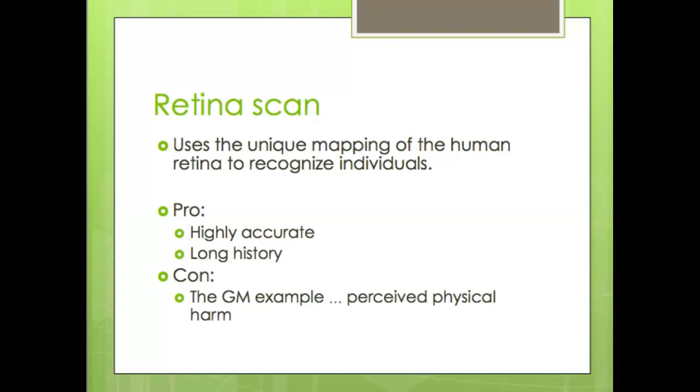Think about it, your eyes are a very sensitive thing, and people perceive that using that every day may hurt them. Even though it's been medically proven not to be the problem, it is a perception, and that is a con